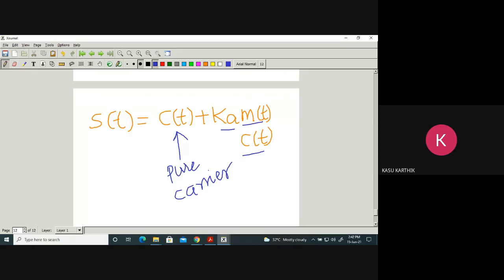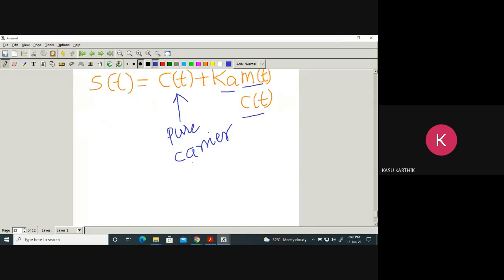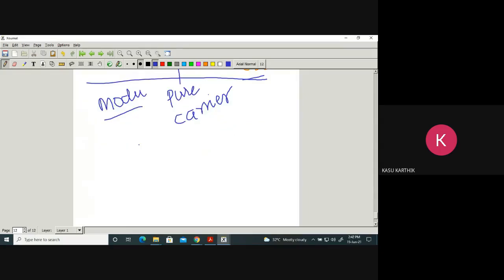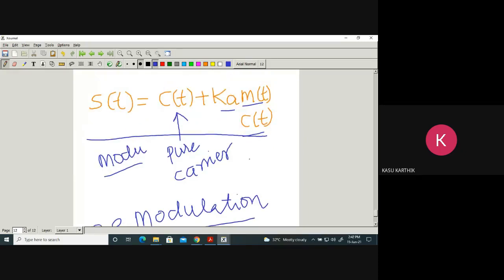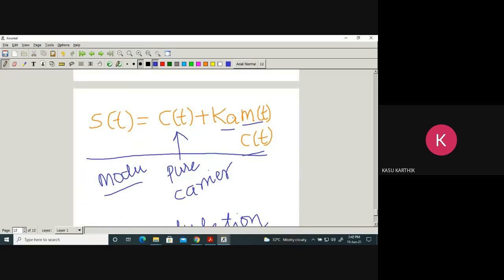Okay. Now let us look at the demodulation. This is about modulation. Now, what is demodulation? As I told you already, demodulation is the reverse of modulation, where we can recover the message signal from the transmitted signal. We take the message signal, we keep it on the carrier amplitude, and we transmit over a channel. We transmit s(t). So what do we receive?